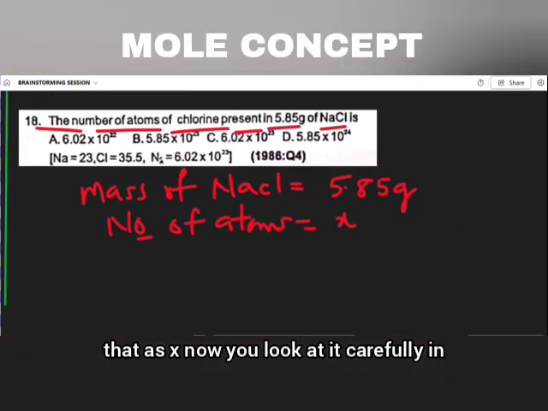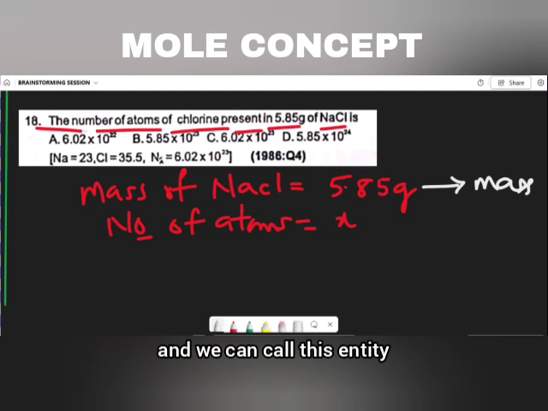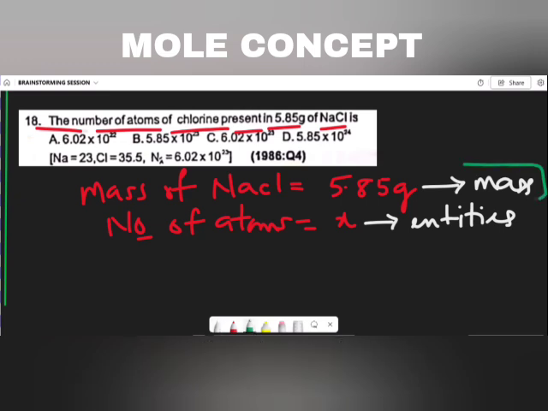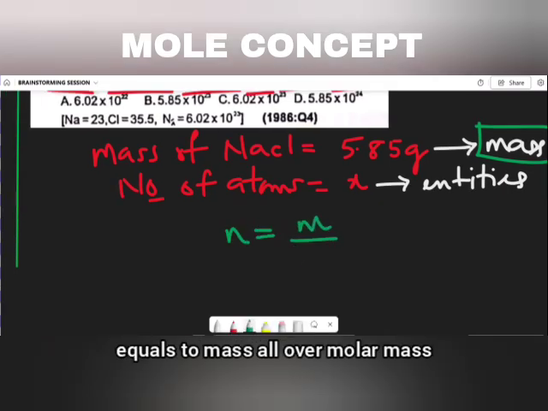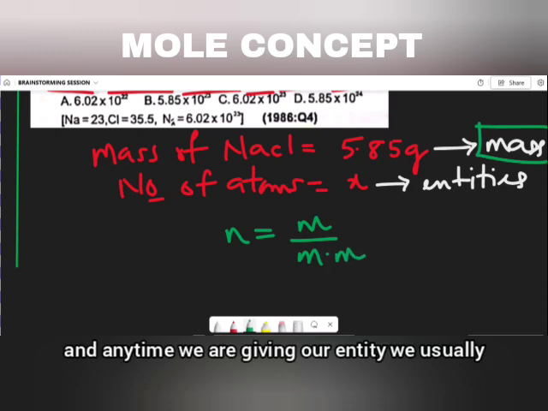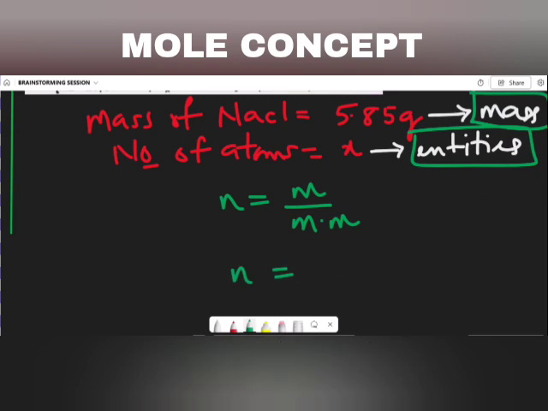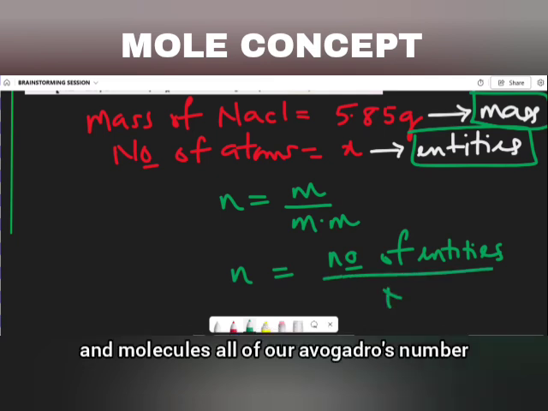Now look at it carefully. In this aspect, we can call this mass, and we can call this entity. And we have different formulas for that. Anytime we are given mass in mole, we have the formula mole equals mass over molar mass. And anytime we are given our entity, we usually have the formula for mole to be number of entities over Avogadro's number,